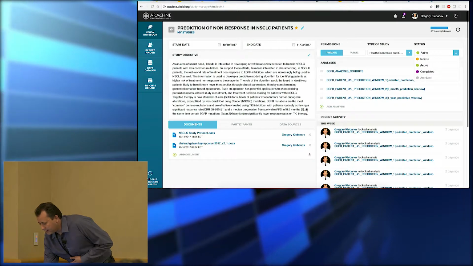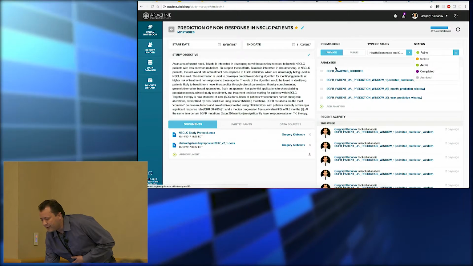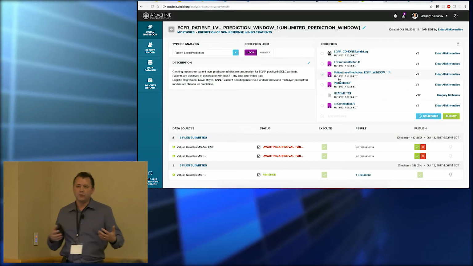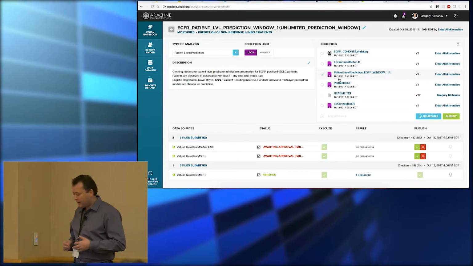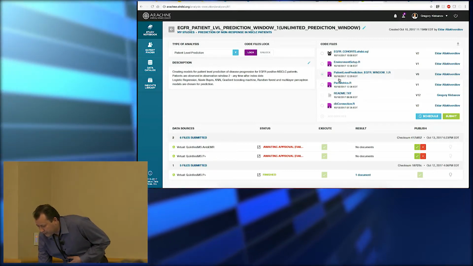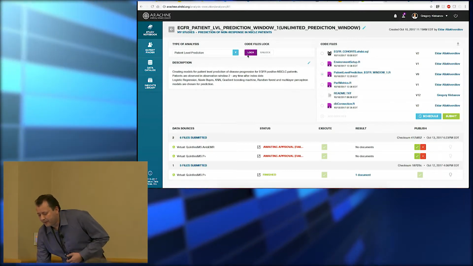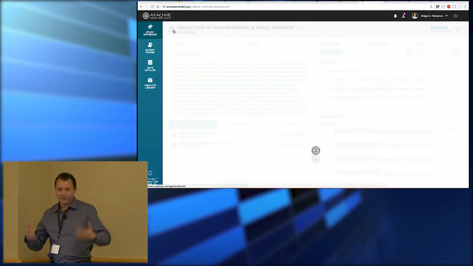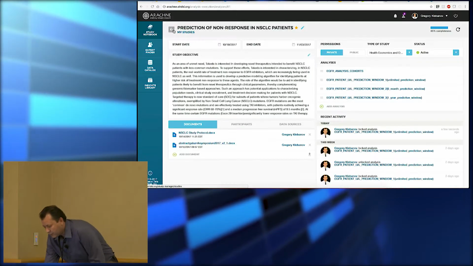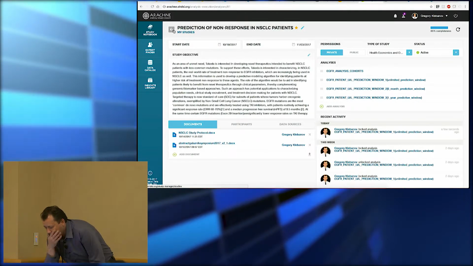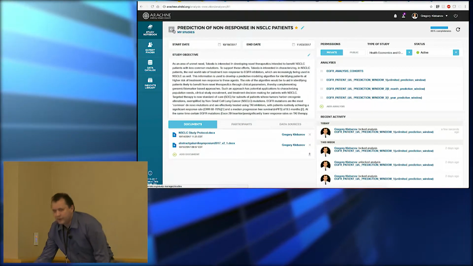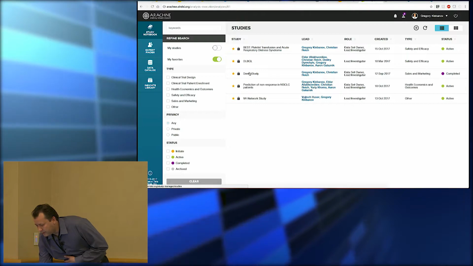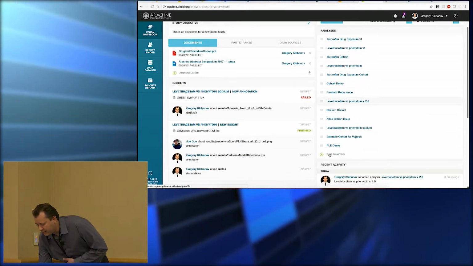And again, going back to that example, a different type of analysis is more complicated. In this specific case, our code, patient level prediction. So that's again, a real example of a real study. Now, another really cool feature, and I'm going to go to a demo study because I want to show you something actually being executed. So demo study is my kind of junkyard which I use for testing. And so again, I will show you an example where I can add a new analysis